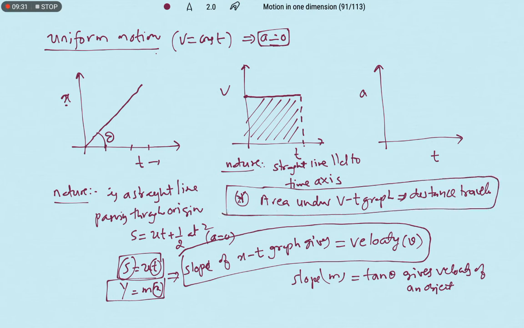So here are two important points. What is the first point? If we plot a graph between position and time, the slope of the position time graph gives the velocity of an object. If you plot a graph between velocity and time, the area under the graph, whatever the shape of the area you are getting, that area formula you need to apply. If it is triangular in shape, we apply half into base into height. If it is rectangular in shape, we apply length into breadth. What is the main theme here? The area under the graph gives the distance traveled by the body.